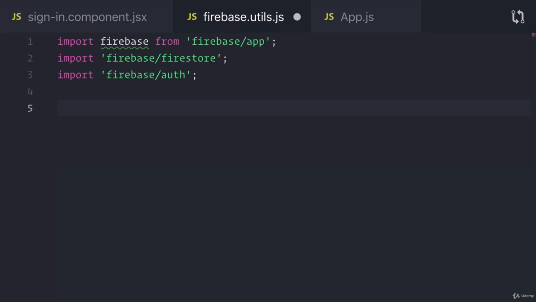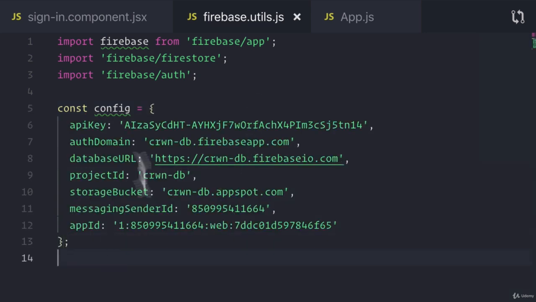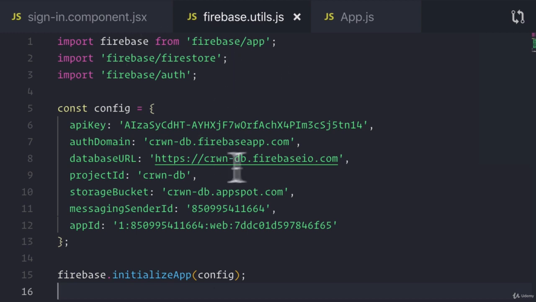And then what we want to do is set our const config equal to that object that we just stored. And then we call firebase.initializeApp with that config. Now, what I'm about to type next will be quite a bit of code. It will make sense once we start using it. But because it's config, it might seem a little confusing because we are mainly configuring the Firebase utility that we get. All of it is in the documentation on Firebase itself, but these are the ones that we need for